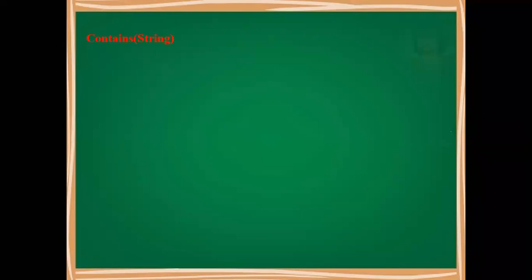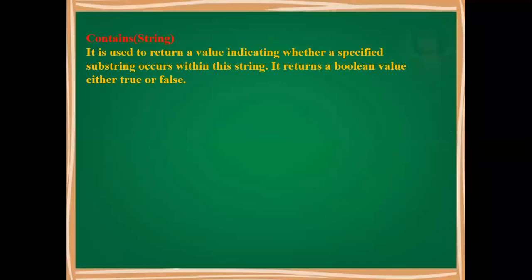Then you can ask the user to enter his password, and then we can check whether he has entered that hash or not with the help of a method called contains. Contains checks whether a specific thing is present in the given string or not. It returns a value indicating whether the specified substring occurs within the string, as the boolean value true or false. If it is there, true; if not, false.